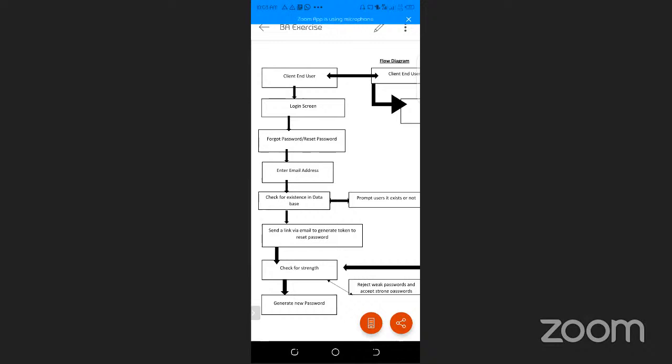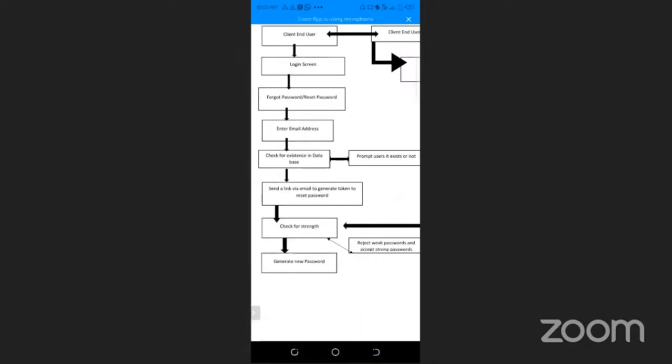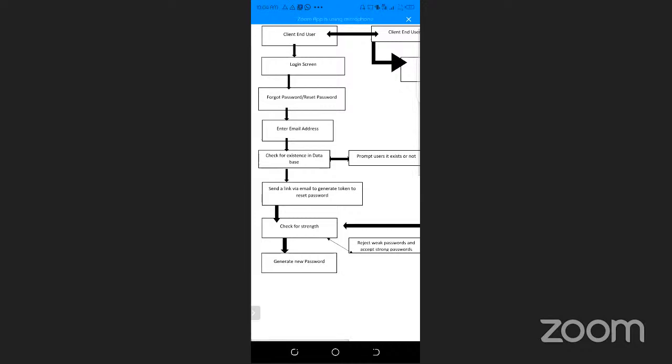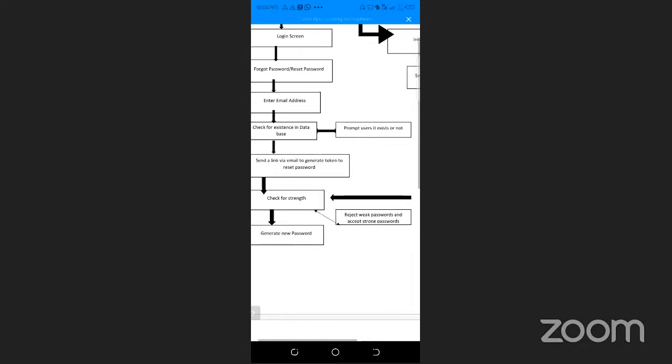the login screen, and then forgot password or reset password, enter email address, check for existence in the database, and then immediately prompt users whether it exists or not. Send a link via email to generate a token to reset the password. Check strength. If it's weak, it's rejected, and only a strong password can be accepted, and then generate